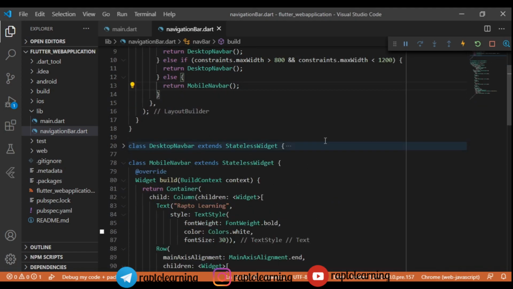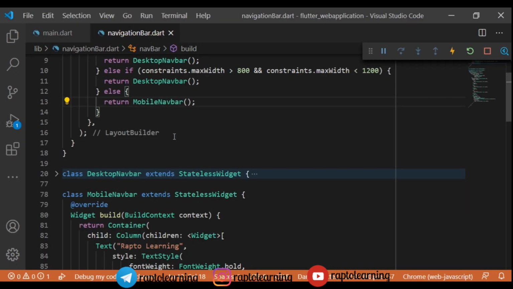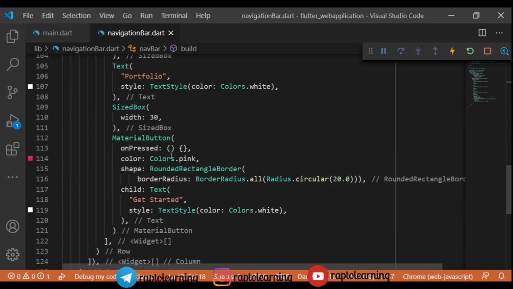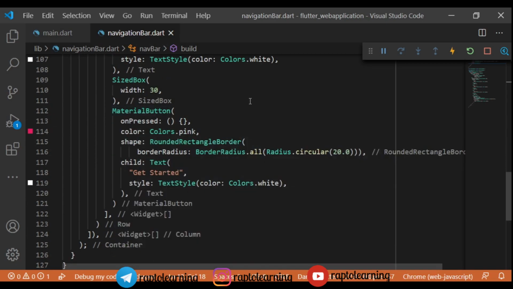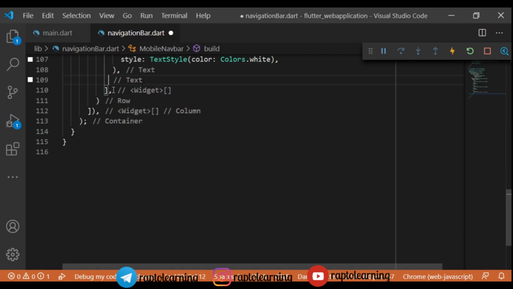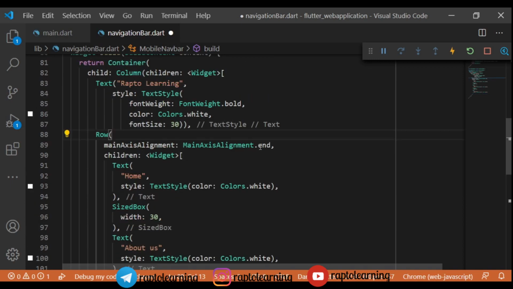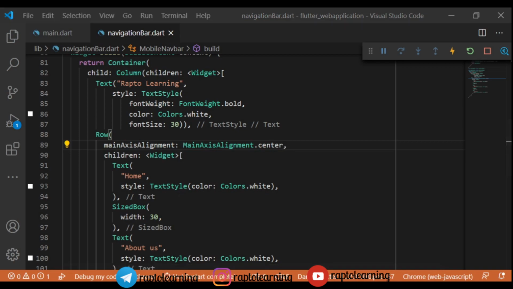We will just decrease the size of this desktop navbar as its work is over. It has provided us very much. We have a material button here, and it is not coming in the center, right? It is scattered everywhere. So we'll just remove the material button for now, and we will add it later in our navbar dot file. Let's arrange all these items, probably in the center, right? So we will write here center, and I think this should work.